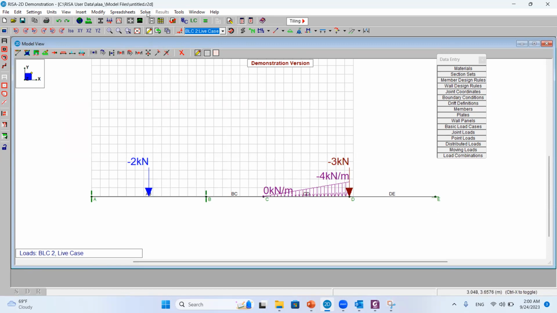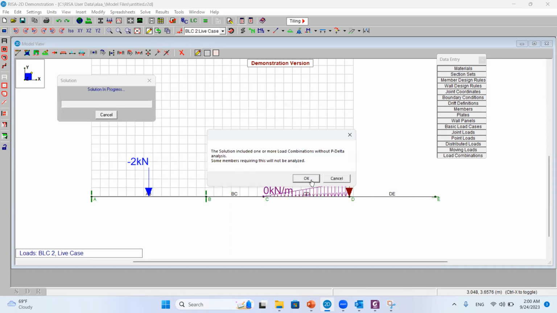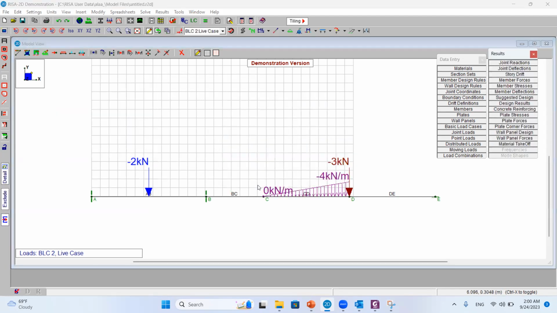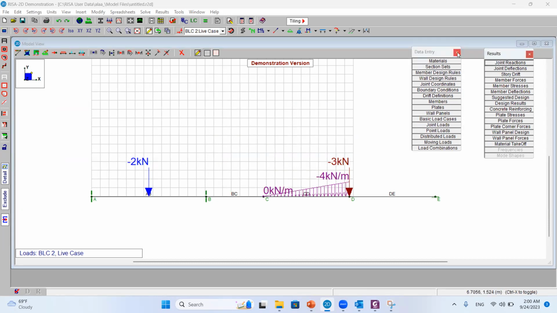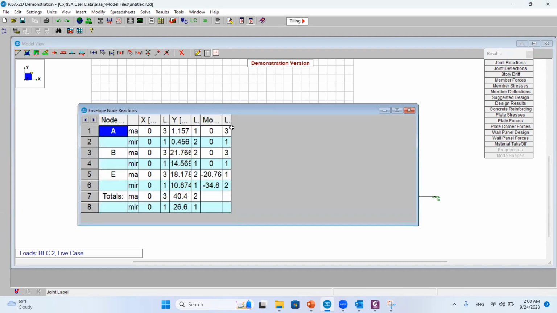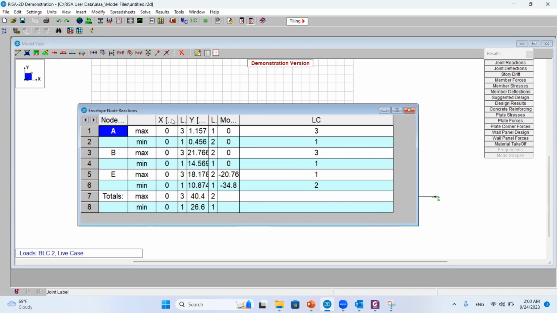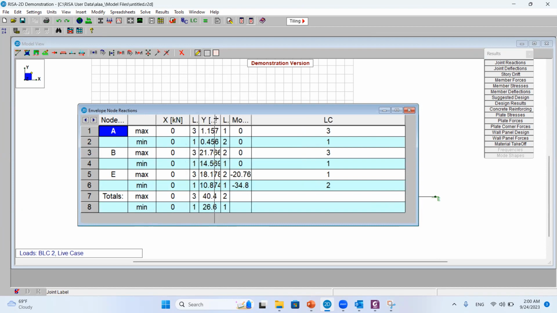Now we will go and solve the model. It asks you to solve a single load combination or a batch solution of marked combinations. So I will include this option here and say solve. Okay, say okay. So now our model is solved, and we have this new group of tables. So here we can see the joint reaction. If you go to the table like this and expand these things here,